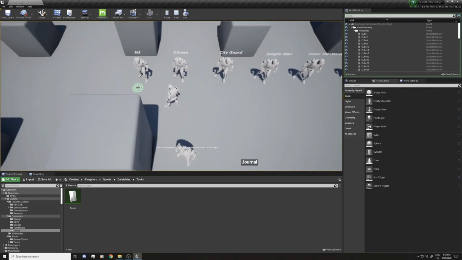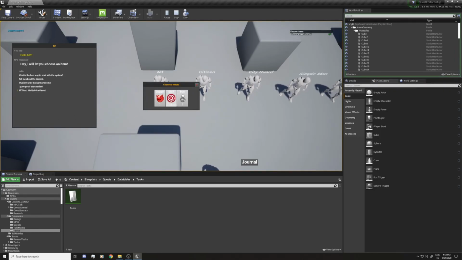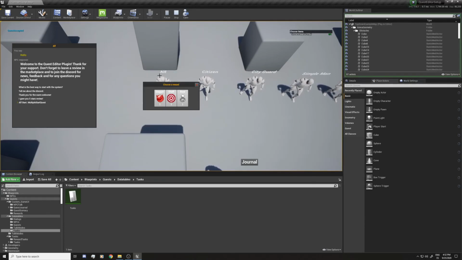And now if we go to Alf, you can see the text for the quest is hello Alf. If you click it, you will see all the rewards that you can choose. If you move away and close it, and you go to the NPC again, because you haven't selected the reward, you will still be able to see them.